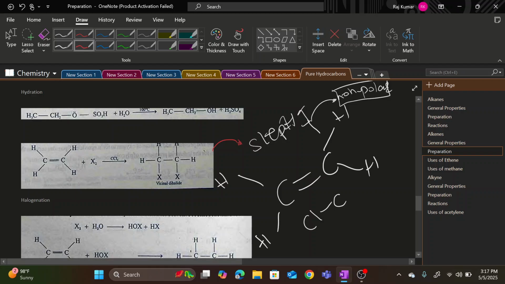So when the halogen atom comes here, it is having a pi bond. It will come near to the pi bond, right? So that pi bond is negatively charged, and the chlorine atom is also negatively charged. What actually will happen is the pi electrons will start to repel the electrons which are present in the chlorine atom, due to which these electrons being repelled by the pi electrons